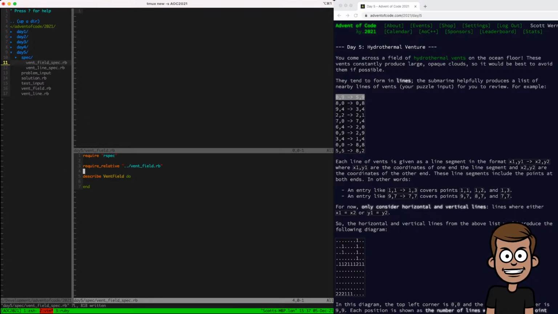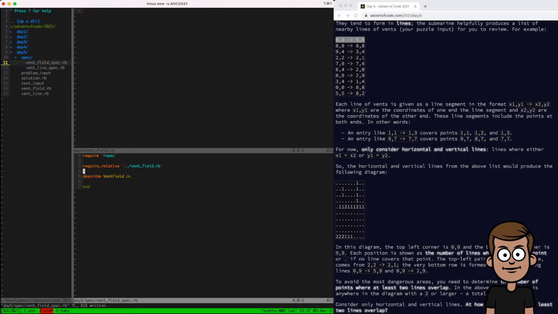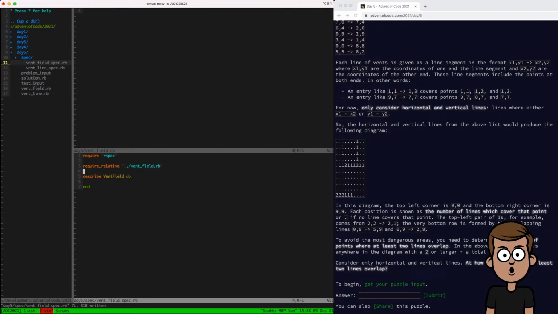I don't need to put the dots. It's only if I need to display it, which I've needed to do in past years to see a message that's spelled out, but it doesn't look like this is going to, oh, I better knock on wood. I think that calling out horizontal and vertical lines makes me suspect that it's only going to be that. It might be adding diagonal lines or something, but